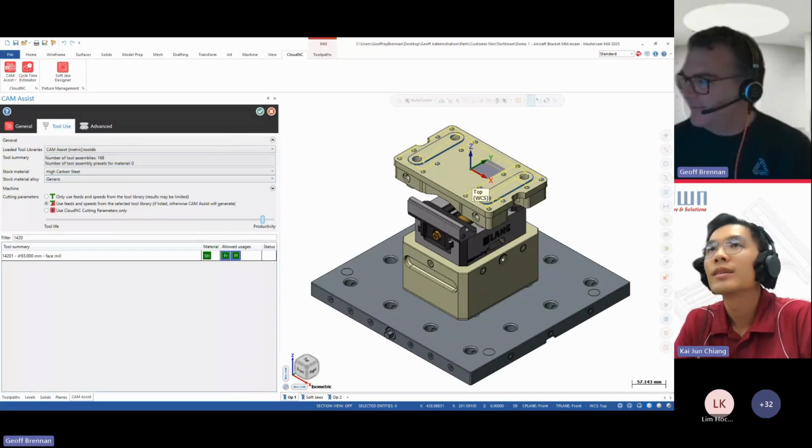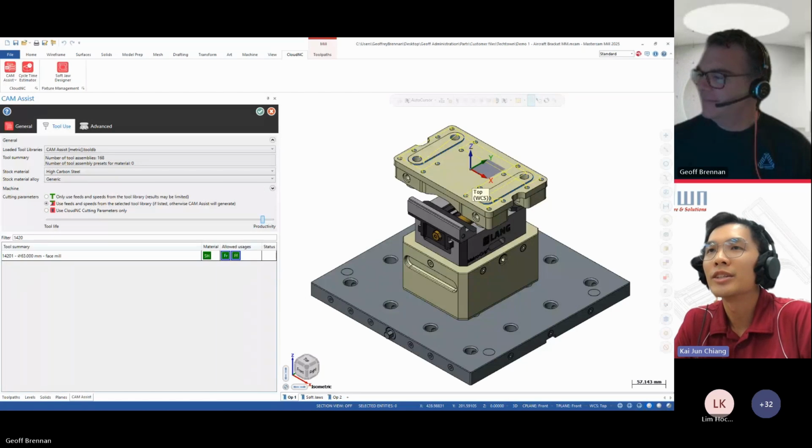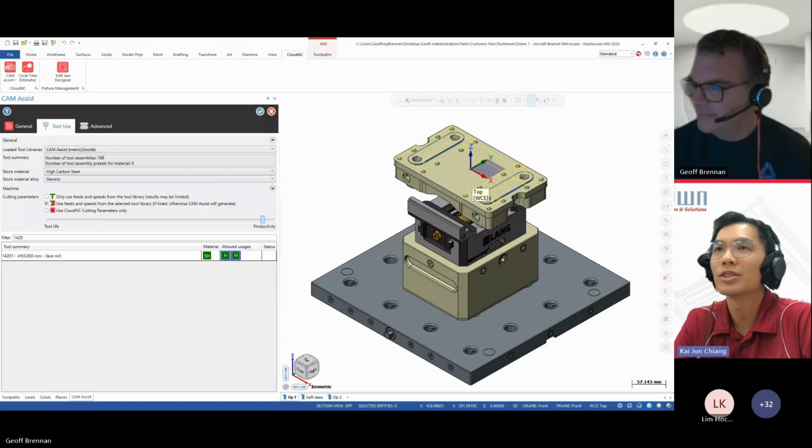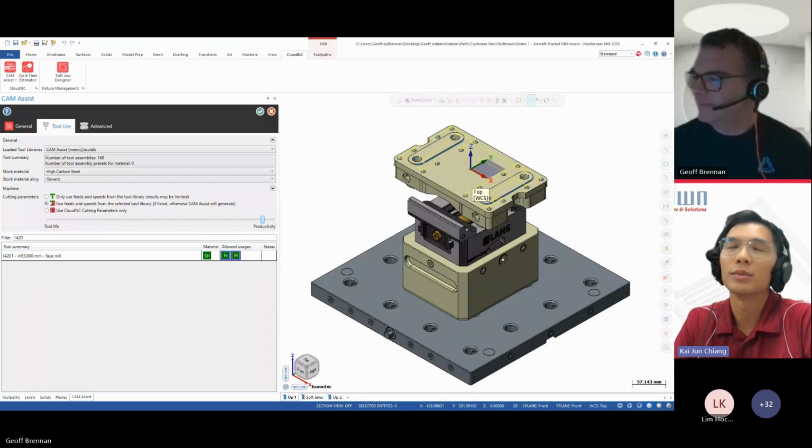Okay. All right. Another question. Let me combine these two questions, since they're quite linked. Is it a true AI or just a predefined database? And then there was a second question: does CamAssist come with a self-learning feature? Can it be trained by the user? So I think it'd be good to share about the whole AI model you guys are using.